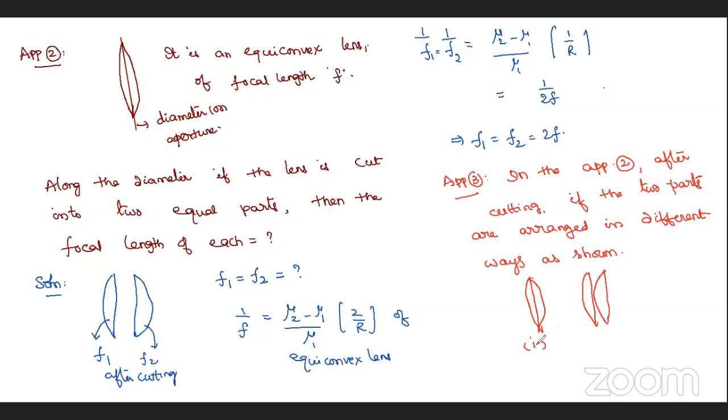Okay, this is figure 2, and here they are rejoined like this, third possibility. So after cutting, if I want to join them, I can join in 3 different ways. Okay, that is my wish. Okay, in different ways as shown. Okay, in the 3 ways,